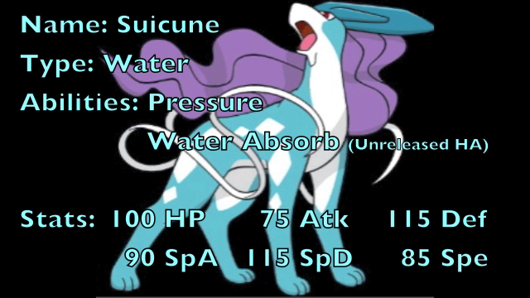As for its abilities though, the first one that it gets is known as Pressure, which is an ability that makes it so that your opponent uses twice the number of PP every single time they attack you. So for example, a move like Fire Blast has 8 PP. If you, say, switch in Suicune on it, it's going to use 2 PP each time, meaning that your opponent will actually only get to use Fire Blast 4 times on a Pokemon that has the Pressure ability,